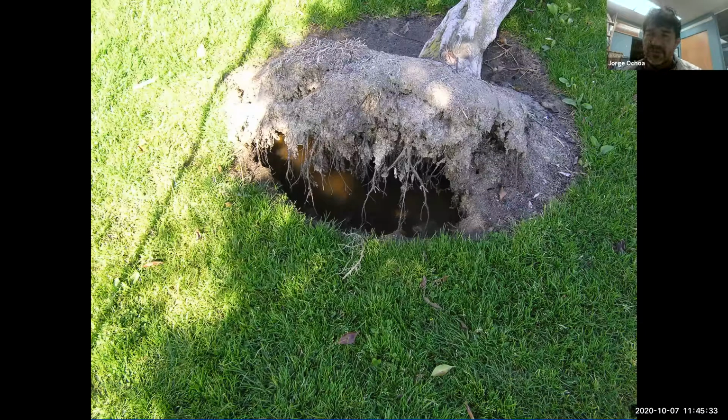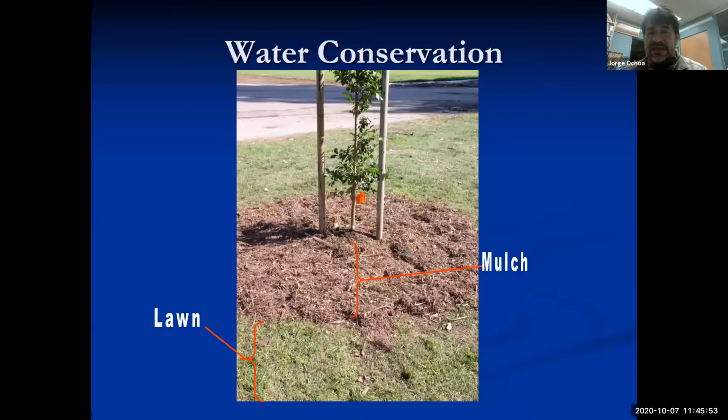And so the water will naturally kind of pool underneath the tree, creating the problem of the rot, and eventually the tree was just not able to support itself. So something like this is hidden. It's underneath until it is exposed by, in this case, the failing of the tree. And so when we are going to be watering trees, it is very important that you keep away the lawn area. So yes, lawns and trees do not mix because